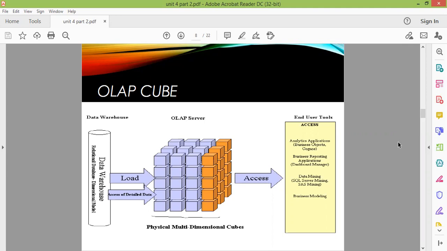Okay, so within the cube there are 3 dimensions, but if you explore, so many cubes are attached within the bigger one, so you can have multiple dimensions of the cube. Okay, so depending upon the user's need, a particular cube can be accessed and the query can be satisfied. What are the end user tools?